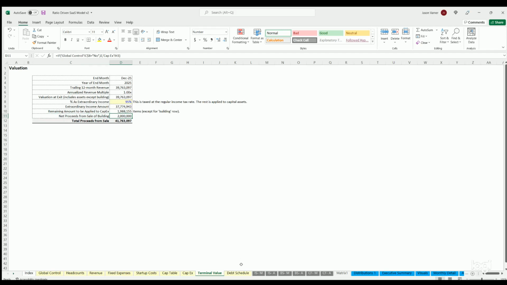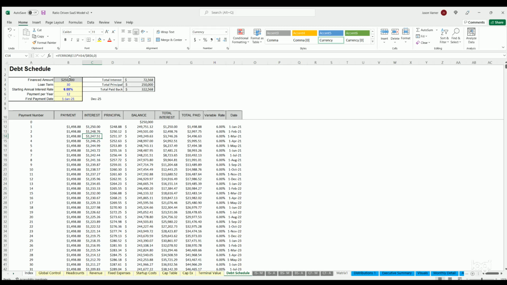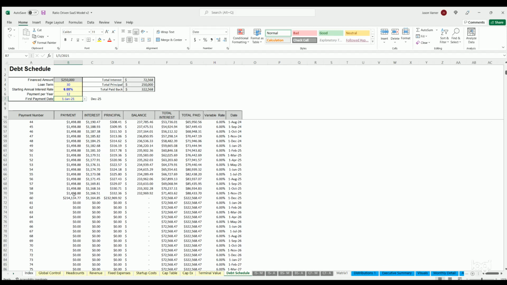Debt schedule, if you're going to take on any traditional financing, you can put in, so this amount's coming from the global control, like we already said, but then you've got loan terms here, the start month of the loan, or when you're borrowing it, and then repayment. Now this will assume on the end month, if you are including terminal value, then any debt remaining will be paid off on that month as well. If you hit no on the terminal value to not be included, then this will just run a normal